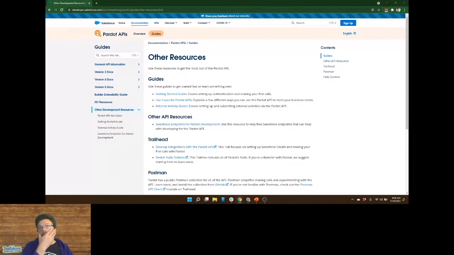MuleSoft is, we had to build our Pardot API infrastructure from scratch. There's no built-in MuleSoft connector for the Pardot API, last time I looked. So yes, we can use the Pardot API within MuleSoft, but it's not super easy like Zapier is super easy. Now Zapier only gives us access to 7 or 8 of the many dozens of API calls. So we can use these tools. Sometimes we just have to work a little bit harder to use them than we want.